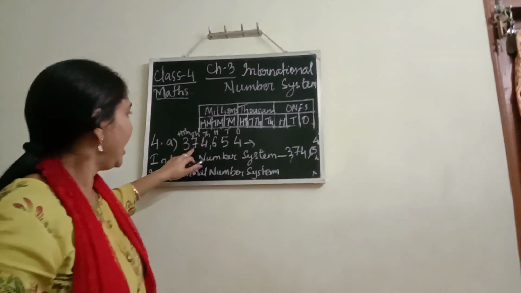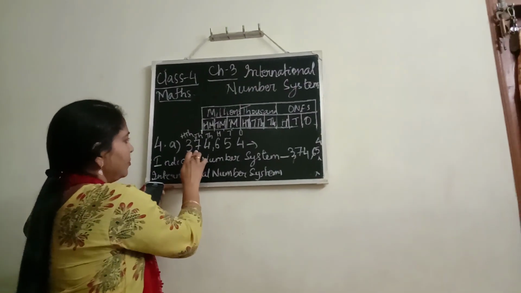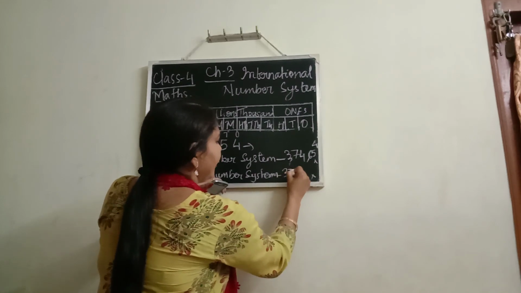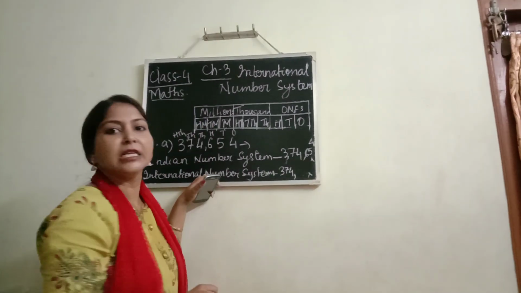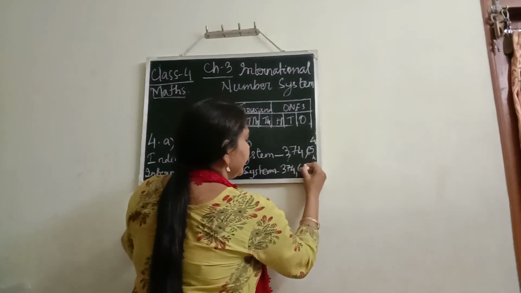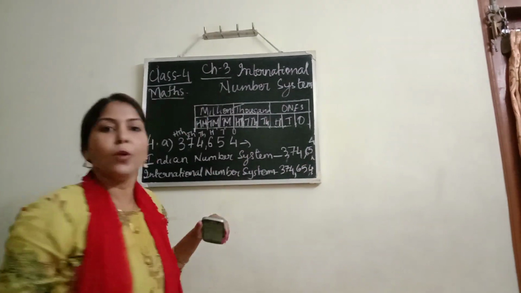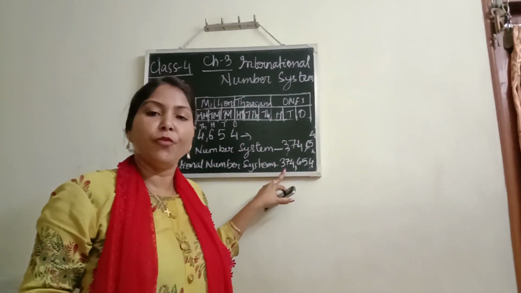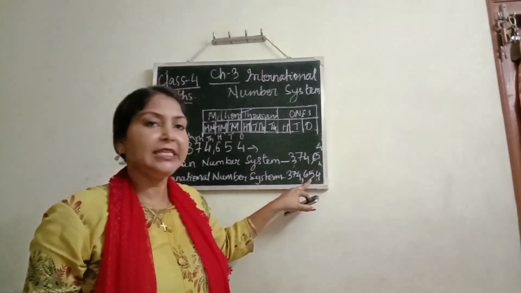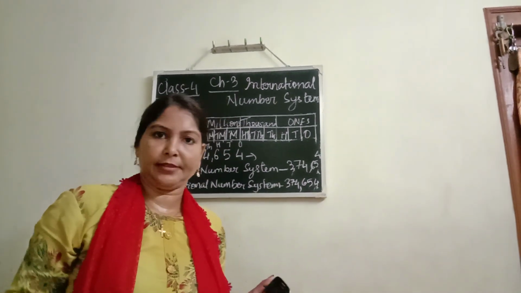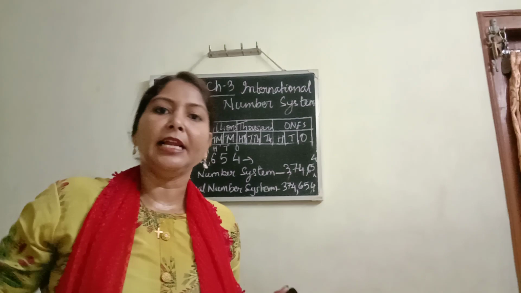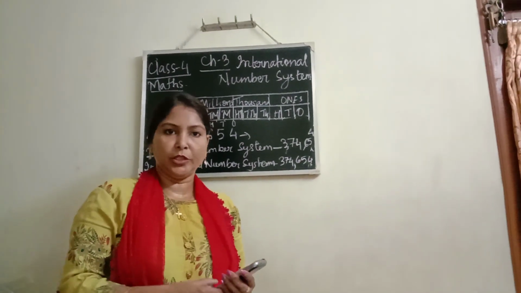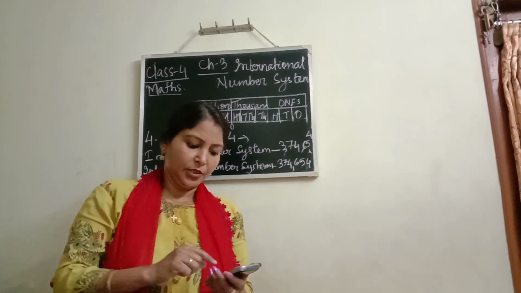You see, 300, and the commas we have to put like this. It will be something like this: 374, comma, because this is the thousands period, and then 654, this is the ones period. So we will read it like this: 374,654. That's it. And you will write this in the number name also. So this is how you will be doing the rest of the questions which are given in exercise number 3.